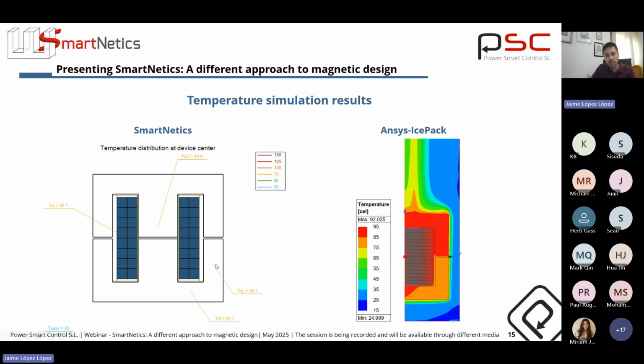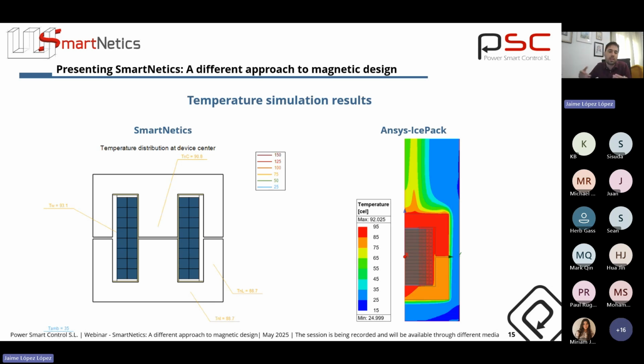And as you can see in our tool, for the lateral parts of the core and the bottom part of the core, we were expecting lower temperatures, 89 or something like that. And as you can see, also the temperature is lower in the ANSYS simulation. So the good thing about this simulation is you can check that our results have a very good accuracy, they are close to the ones ANSYS provides, but using our tool, you can get, let's say, the best of two worlds.